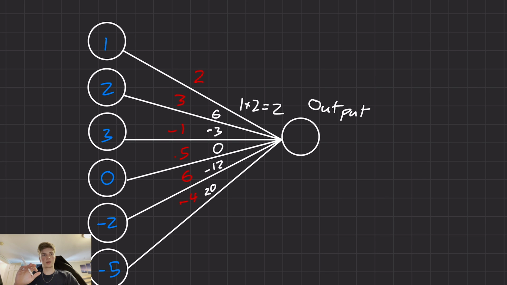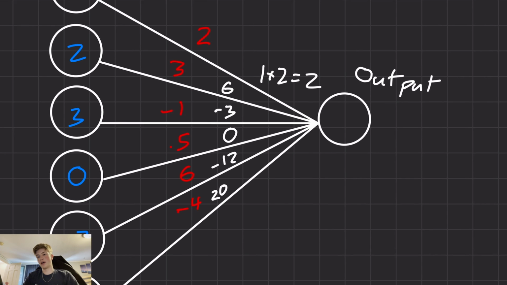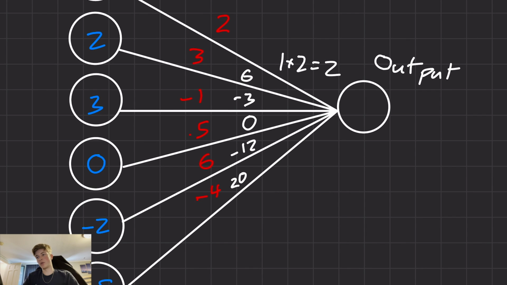So we'll do 1 times 2, which is equal to 2. This is going to be 6. This will be -3. This will be 0. This will be -12. And this will be 20. So if you're following, this is just a result of the multiplication between the weights and the neurons in the